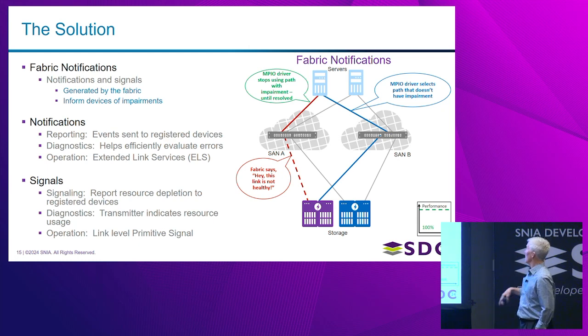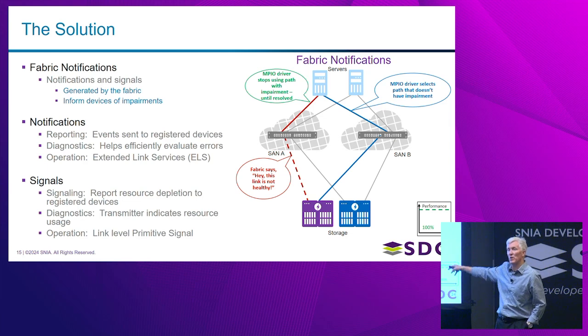In this example, we have a multipath solution in the servers who know precisely how many alternative paths they have. So if we could say, hey, this link between this switch and this storage device is bad, let's send that notification up to the multipath solution, who then says, I'll just take that path and I'll say he's marginal for the moment. I'm not going to use him. I can use the alternative paths.